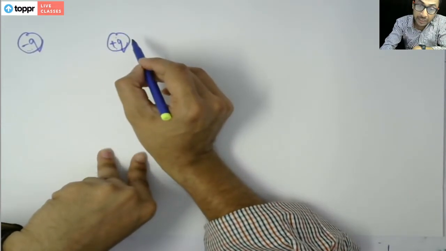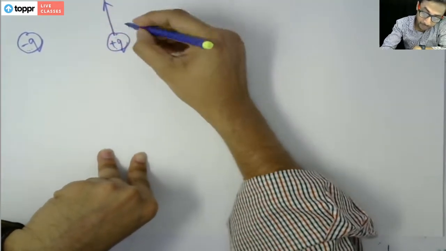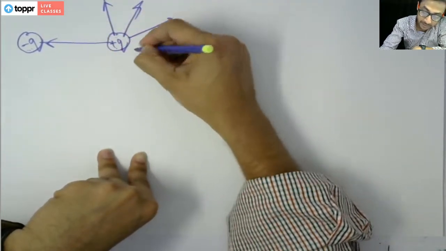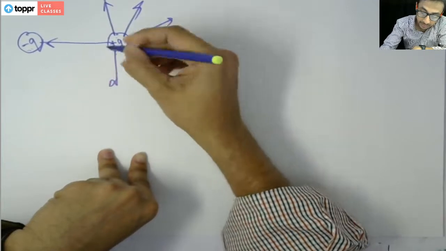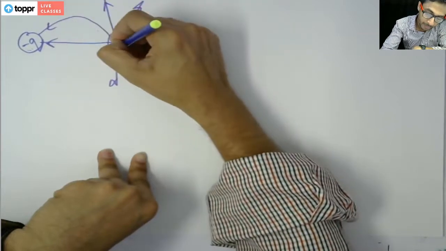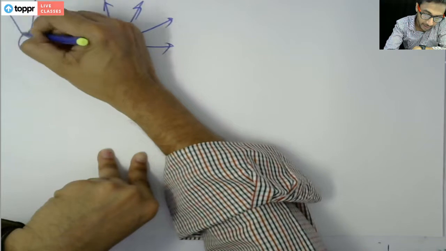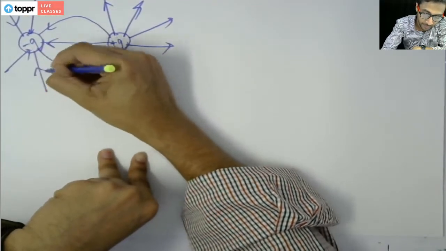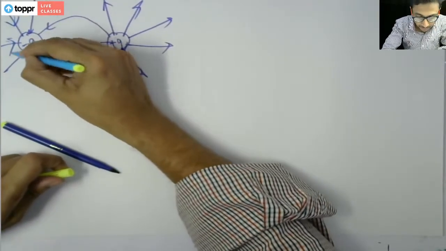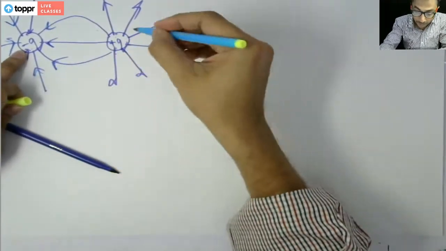An electric field always originates from plus and ends in minus, radially, right? So all will be like this. This is plus, this is minus, and here the electric field will be coming towards it. See, try to understand. For minus q, it is coming towards the q, and for plus,